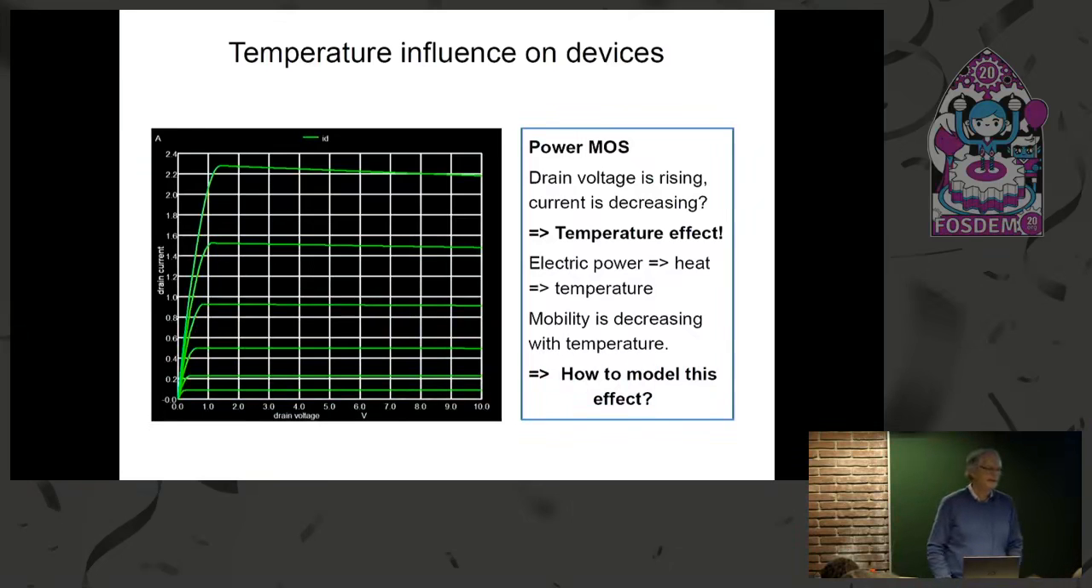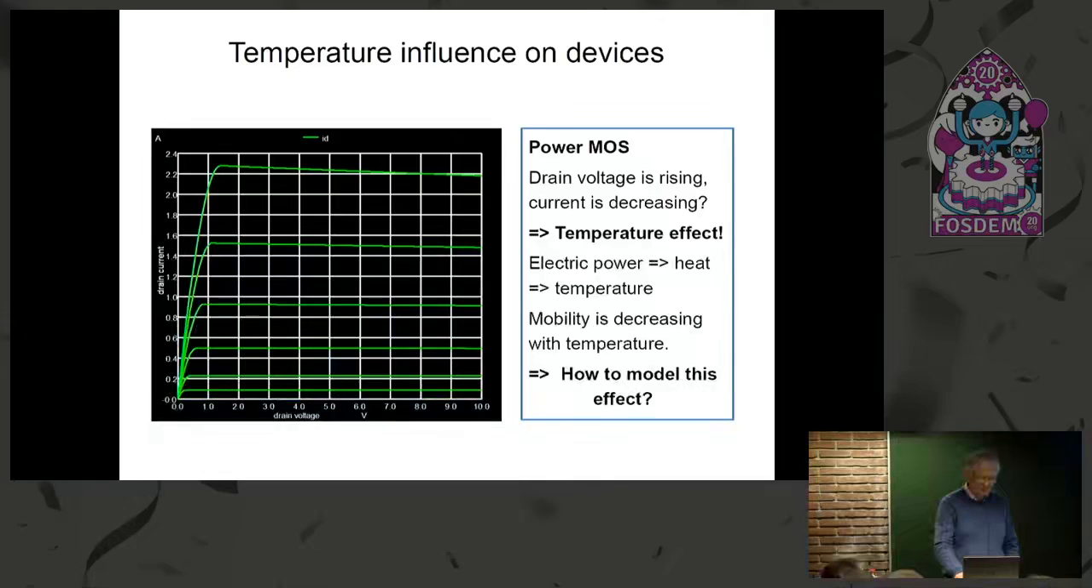This device heats up, because of course we have some power dissipation. You see 10 volts and 2 amps, 20 watt power dissipation, and the device heats up. And so the electrical characteristics of this device are changing. Especially here, the mobility of the charge carriers is decreasing, and so the current decreases with increasing temperature, simply. And the temperature increases because the